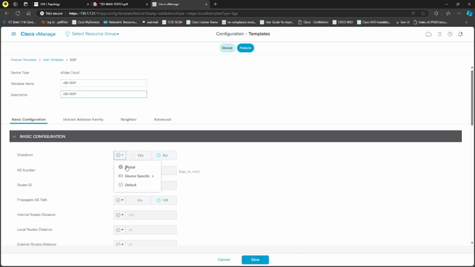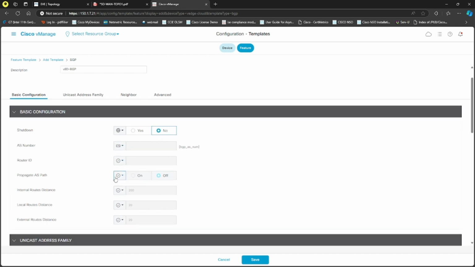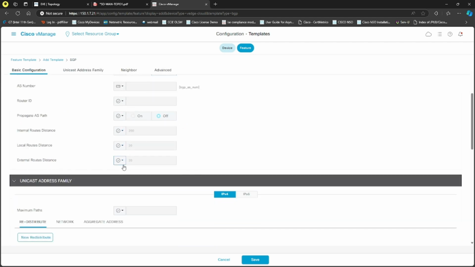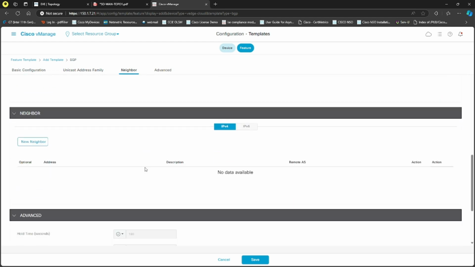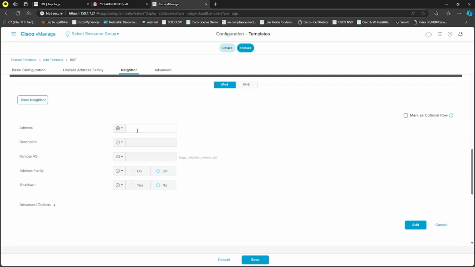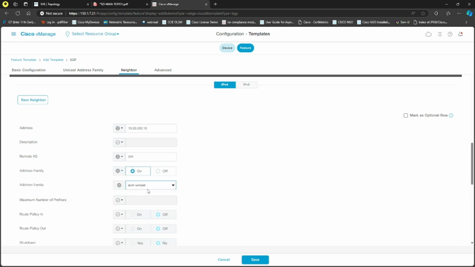Since I am only using this, on the no shutdown, BGP AS number, yes, should be device specific. I'm keeping it that way. Router ID, it will pick automatically, we don't worry. Unicast address family, we are not redistributing or advertising any prefix. Neighbor, yes, we do have globally, that should be 10.20.202.10. The remote AS will also be global because there is only one VPN, so that will be 201. And address family, I will choose IPv4,